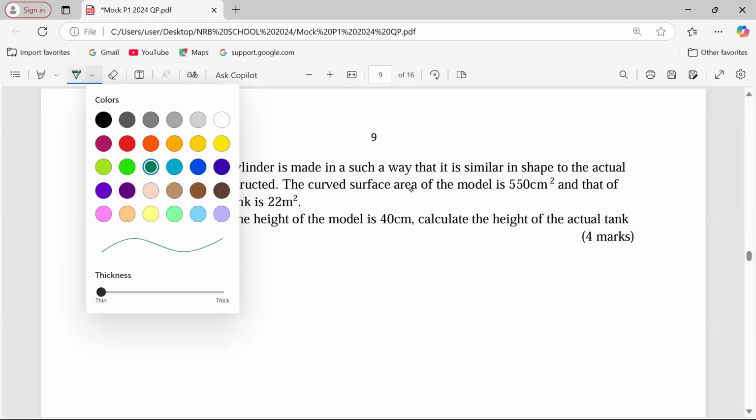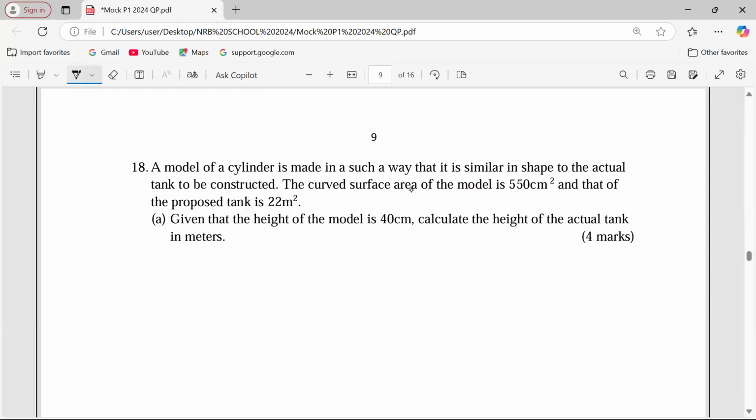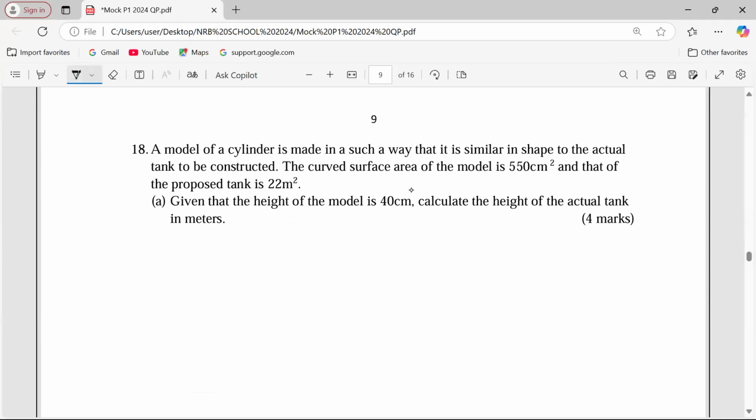But now we are at number 18, which is not graphical. So let's look at number 18. A model of a cylinder is made in such a way that it is similar to the shape of the actual tank to be constructed. The curved surface area of the model is 550 square centimeters, and that of the proposed tank is 22 meters squared. Part A. Given that the height of the model is 40 centimeters, calculate the height of the actual